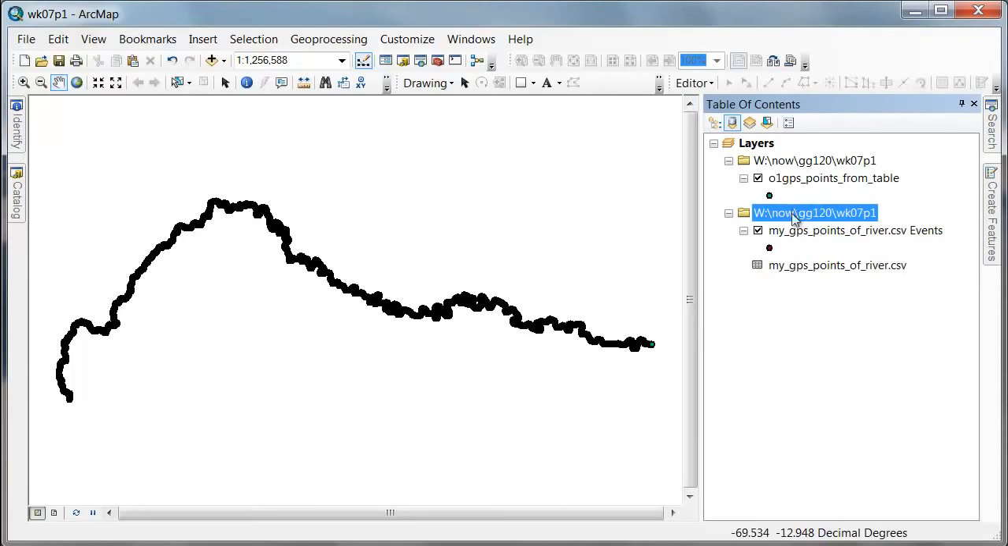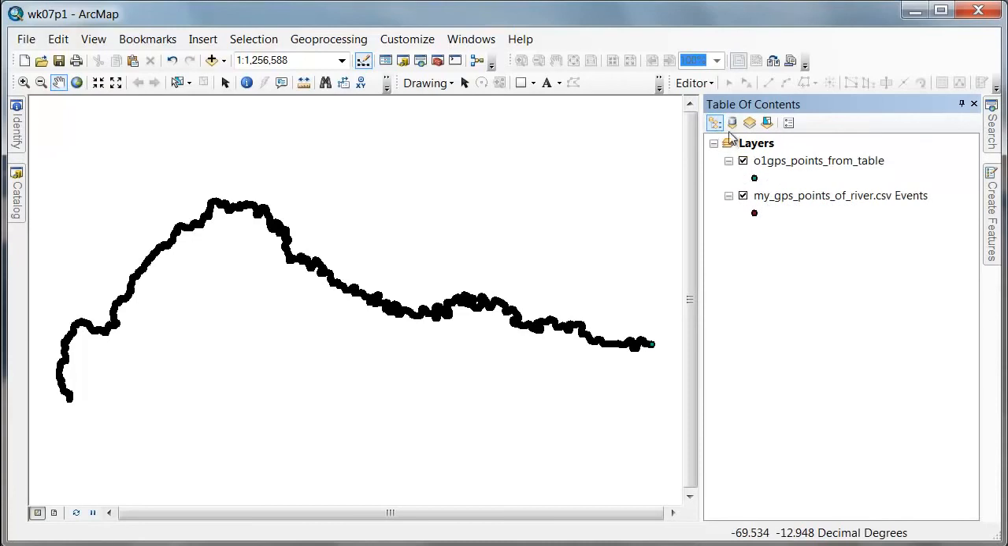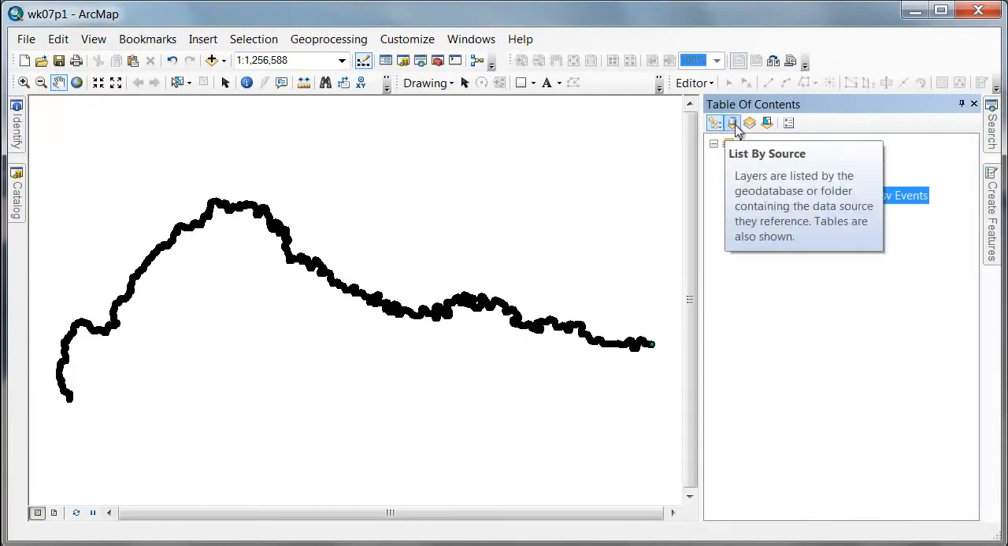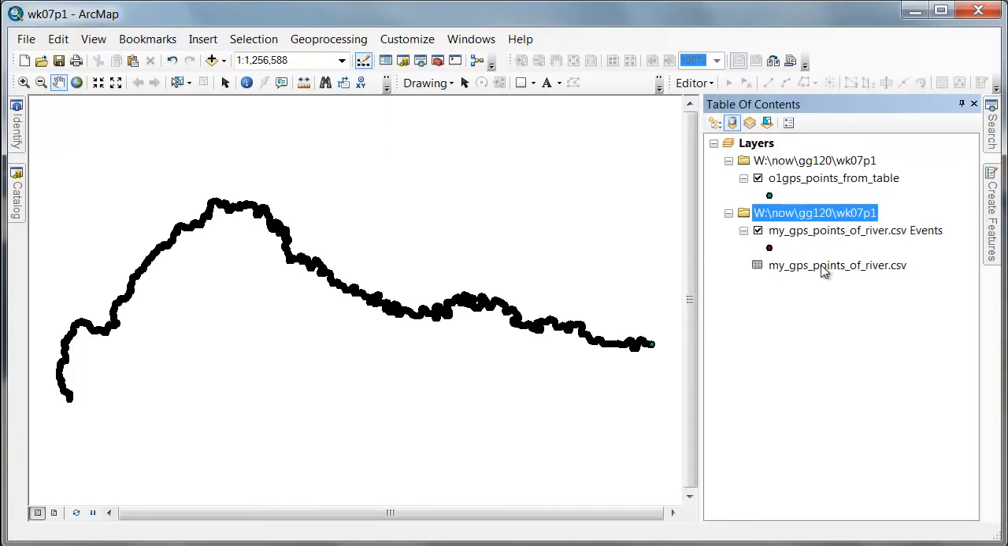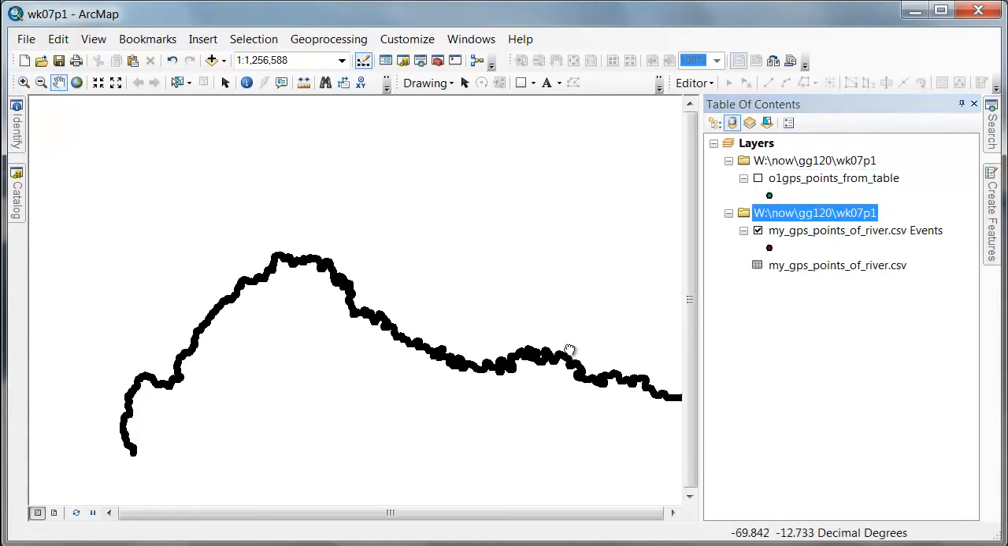So if you find yourself locked into shuffling things around, you'll just want to click over to this, and now you can move these one on top of the other. But you'll notice that you can't display a table when you're in the list by drawing order. You can only really display a table when you're over here. Okay, so at this point though, because this is the same as that, which you can verify just visually,